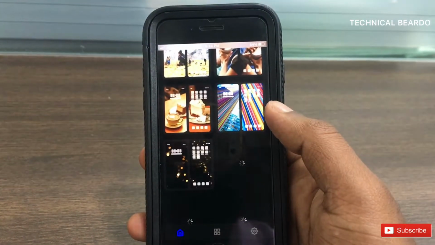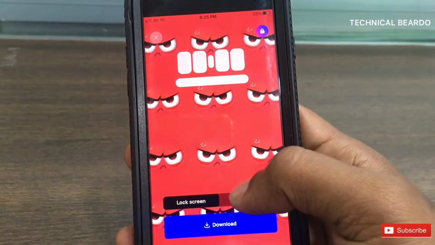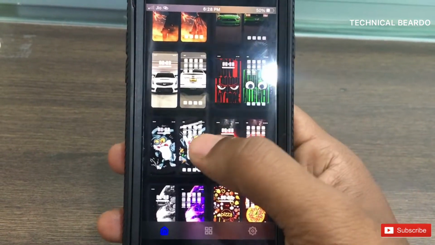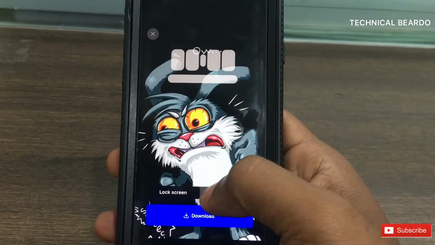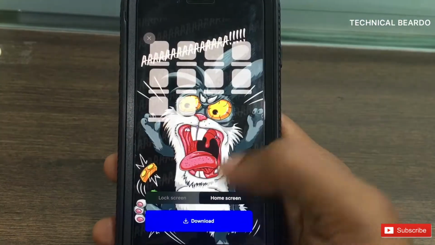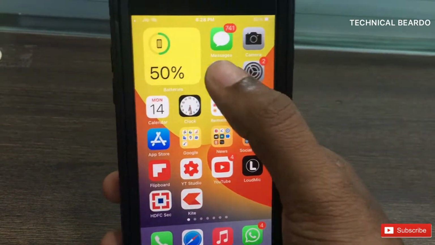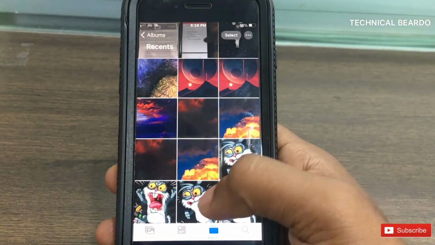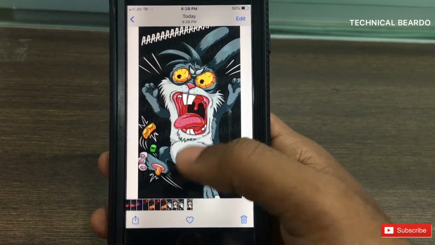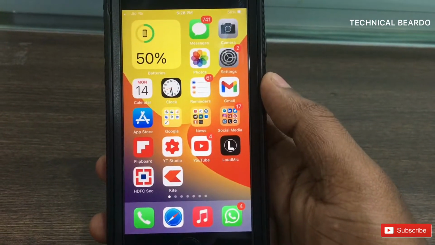Initially when the app was launched, all the wallpapers were free, but now as people get to know about the app, they made it premium and some are paid wallpapers. But there are multiple free wallpapers as you can see on screen. Here is one new one. The lock screen and the home screen are the same but with a different design. If you go to the camera roll and see here, there are 2 wallpapers of the same person, same category or same design. Like that you can choose to set one for the lock screen and another for the home screen. Like that it will give a completely different look to your mobile.